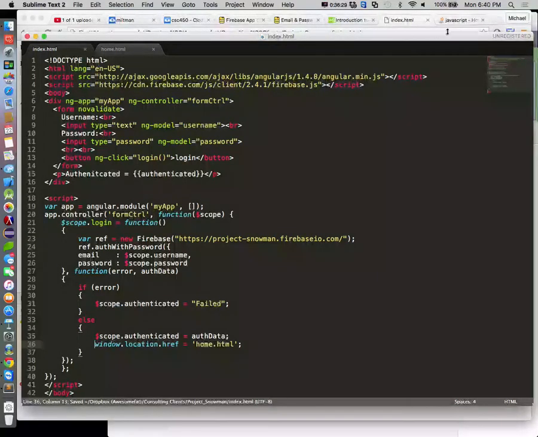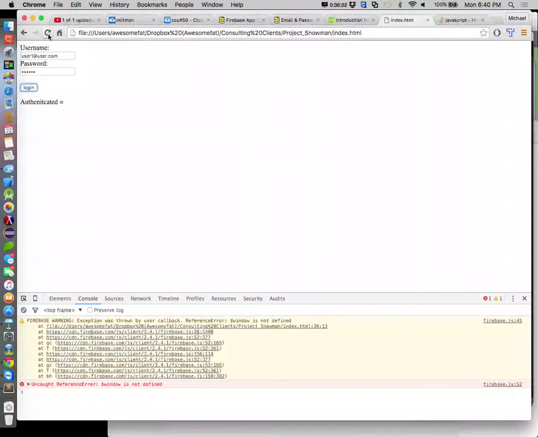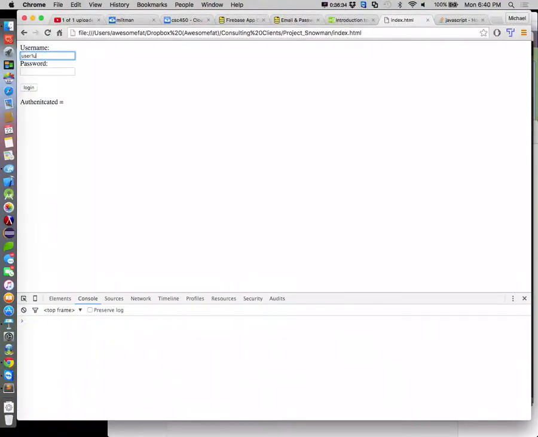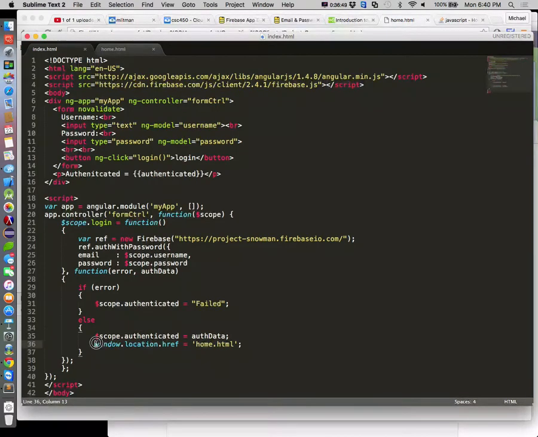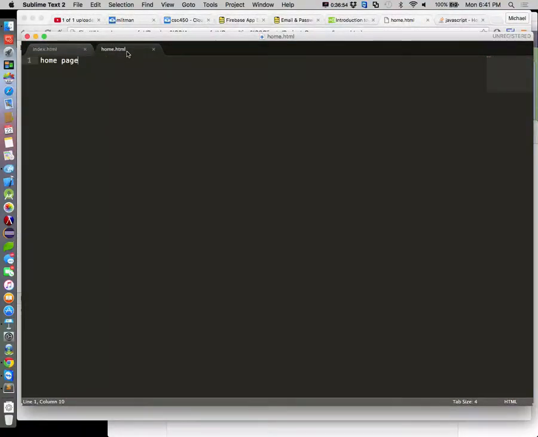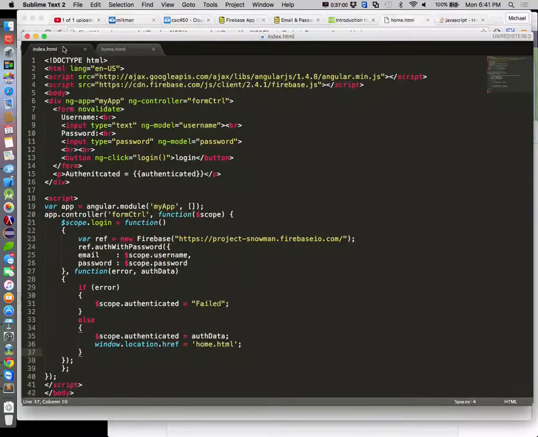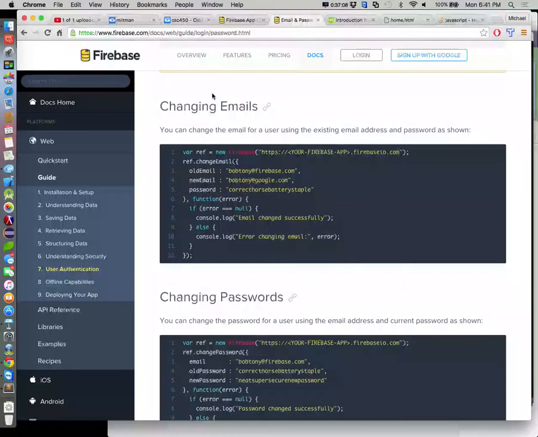So is this a built-in global for Angular? There we go. All right, so there's a built-in global here for Angular that takes us to another page, and that is, I had it take us to home.html, but now we need to find out what kind of user we are. So on the second page, we want to right off the bat find out who we are. So we're going to go back into